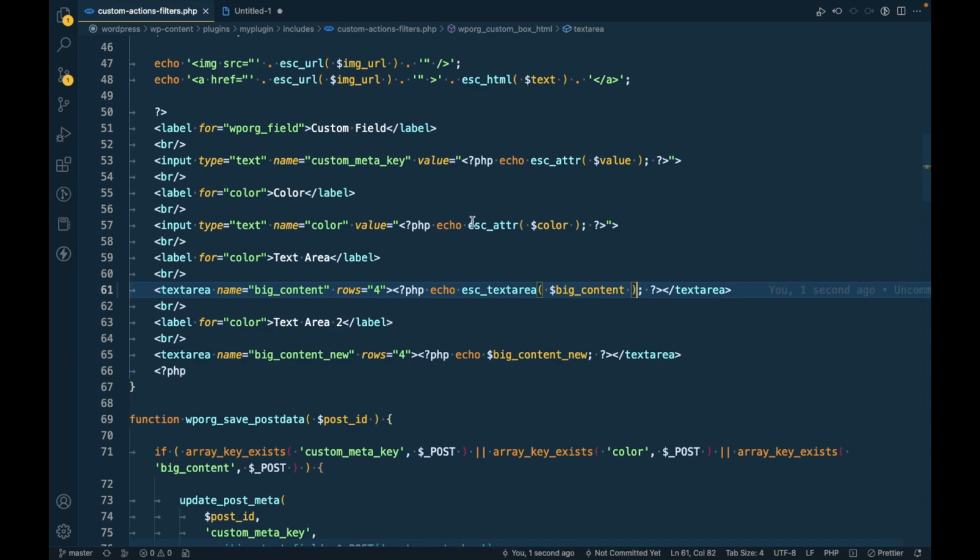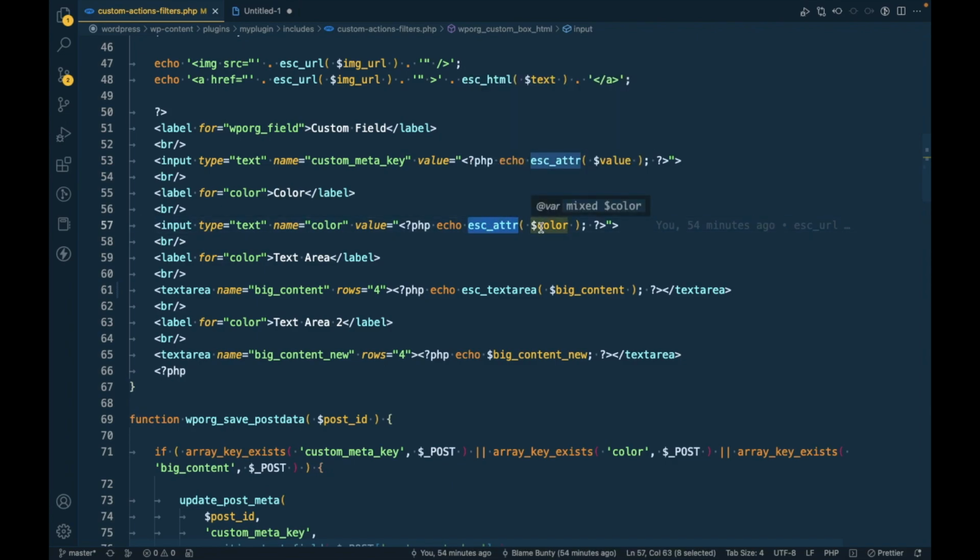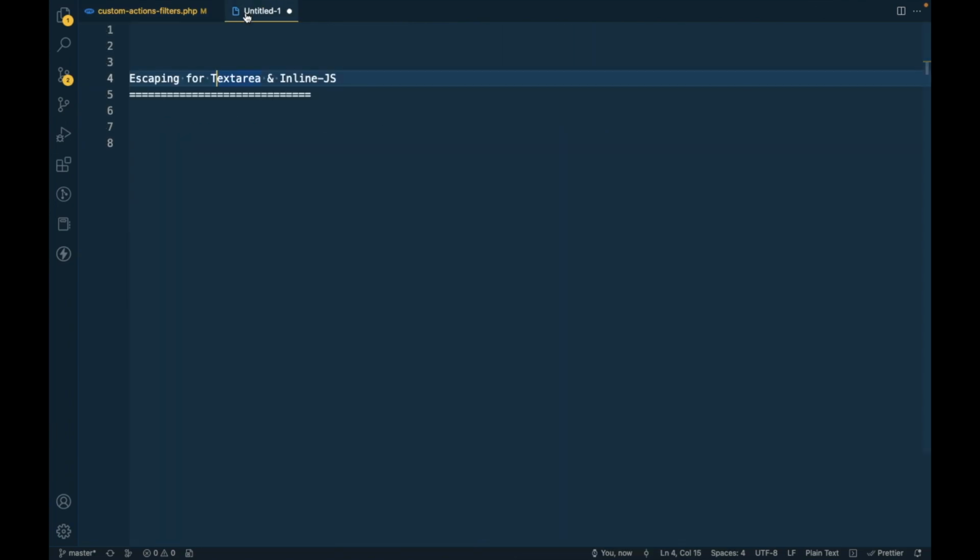Similarly, above, you can see that for the attribute we use the esc_attr function, and for the text area we can use esc_textarea. So that's that. And for the inline JS,